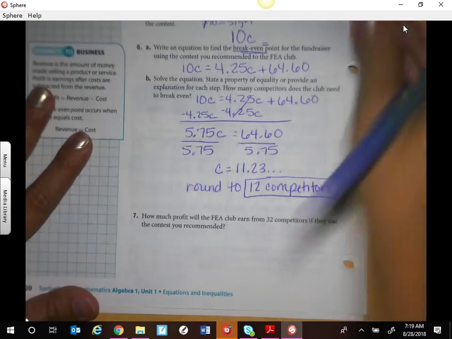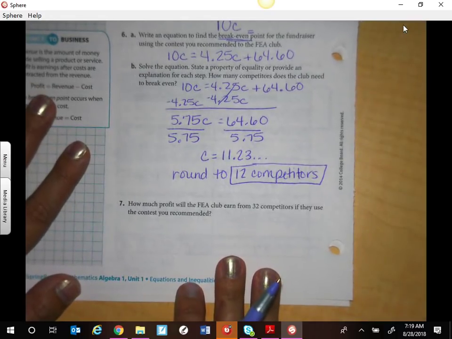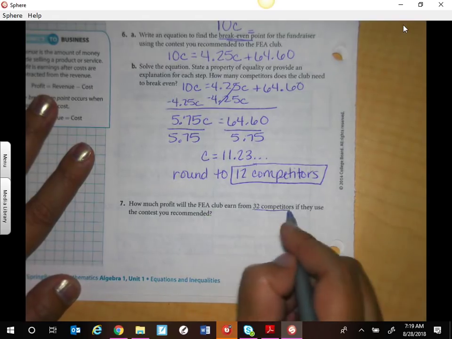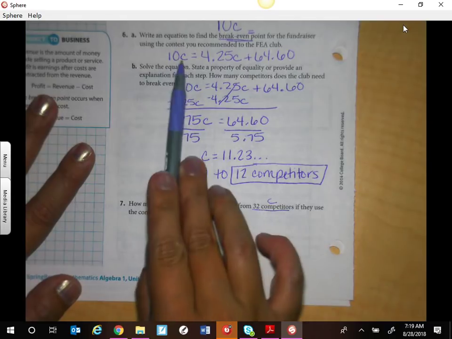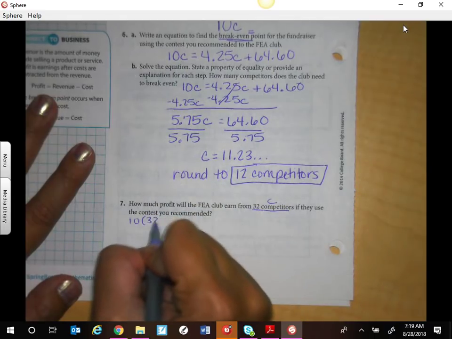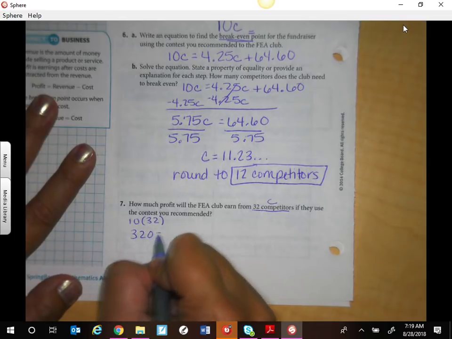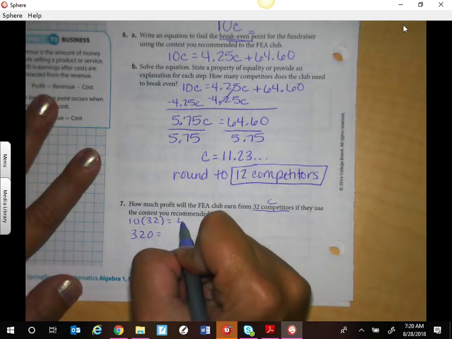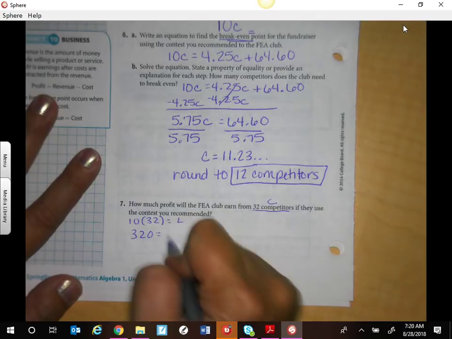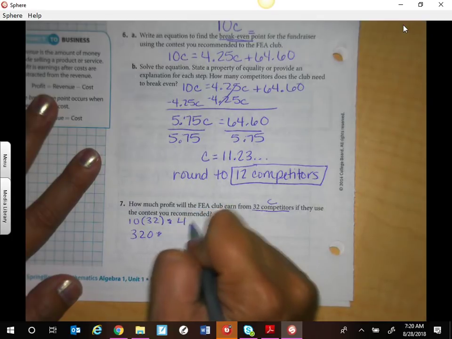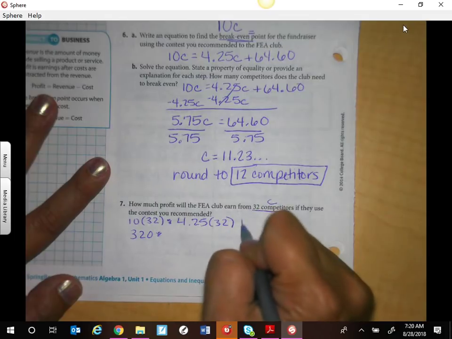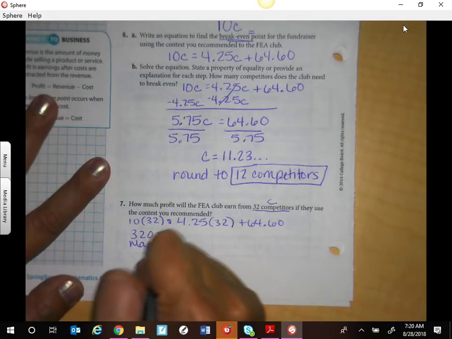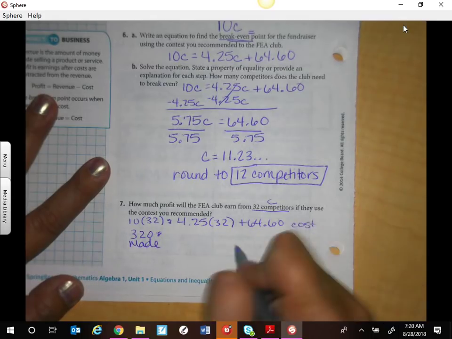How much profit would we earn from 32 competitors? Again, we're simply going to plug this 32 in for our C up here. So 10 times 32, that means we're going to make $320 from their entry fees. And then we have $4.25 times 32 people plus 64.60. This is how much it's going to cost for us to put on the competition, which is going to be